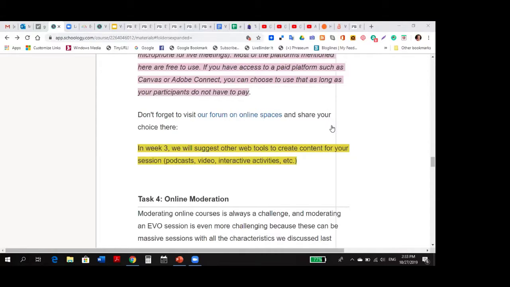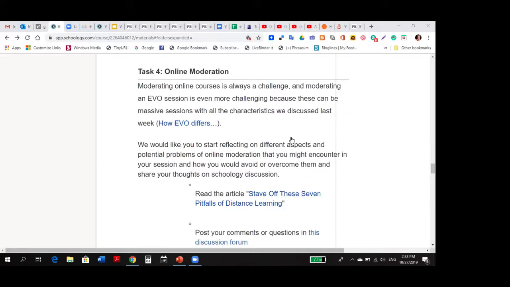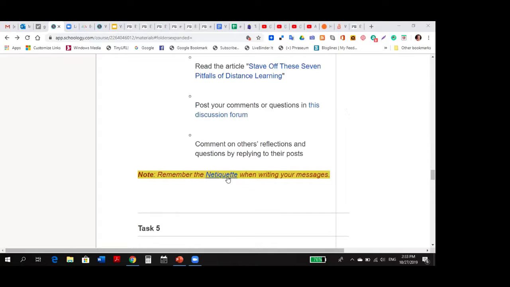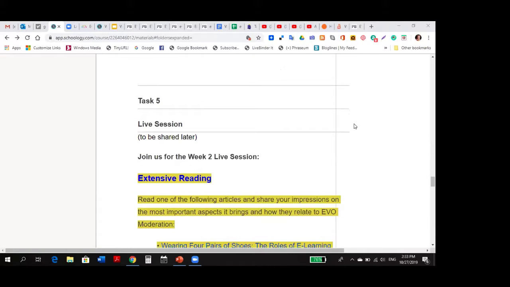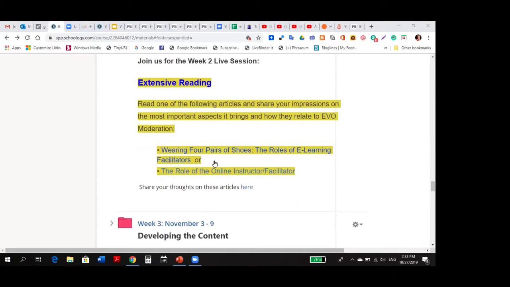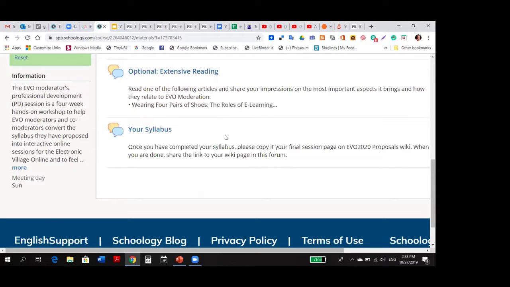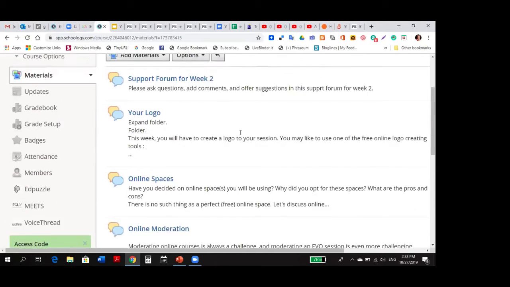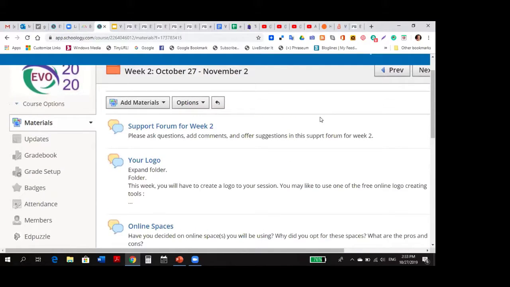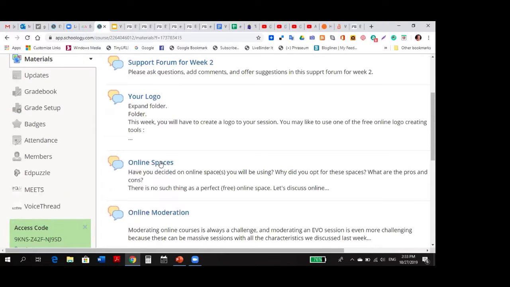Then there's task 4, online moderation. We still haven't got there. With all the weekly readings, the link to the netiquette. Task 5 is the live session plus an optional task, which is extensive reading. And because your week 2 people love forums, everything you have to do this week is going to be done in a forum. You have a support forum, you have a forum for your logo,